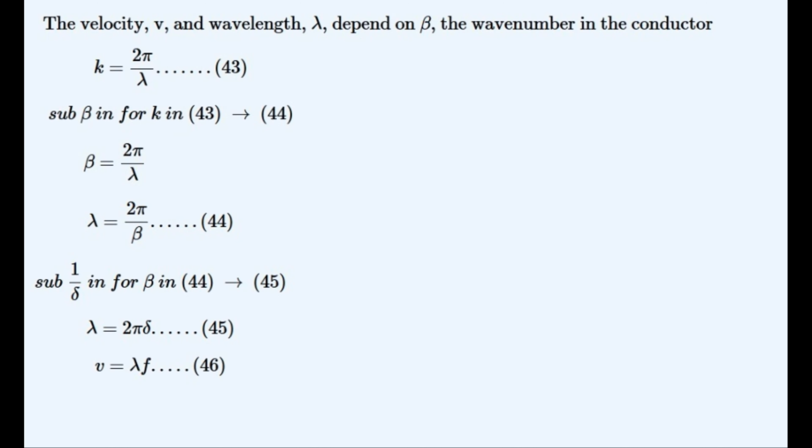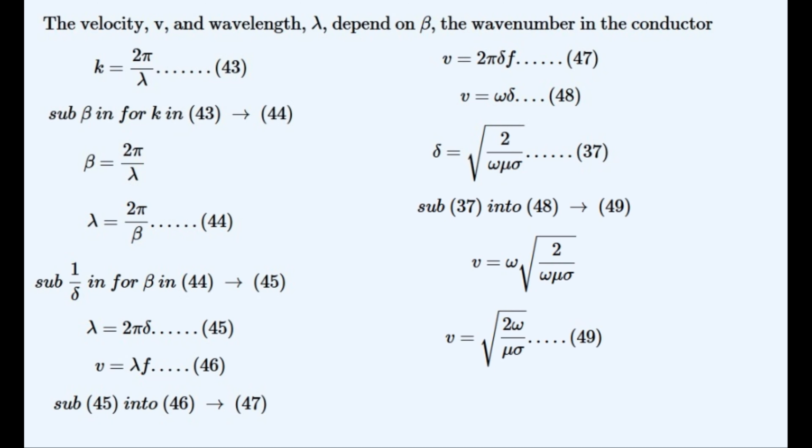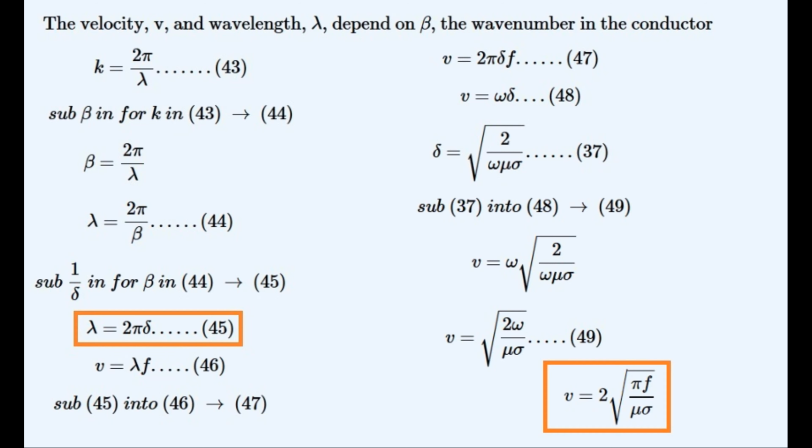And we can find the velocity of this wave by starting with this velocity equation. And making some substitutions, we can find the velocity in terms of the skin depth and frequency. We can then get this equation. And so using this skin depth equation, we can manipulate it to find this velocity equation. And this is the velocity in terms of the variables that have been given to us and did not need